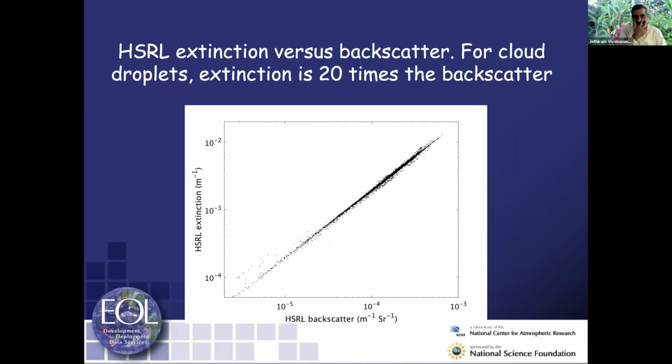Now, for extinction, in terms of LiDAR, the x-axis shows the backscatter and the y-axis the extinction. This linear curve is very well known for cloud droplets or liquid droplets. The slope is 20. The extinction is 20 times the backscatter measurement. These are the validations I had to do before proceeding to the detailed instrumentation response, because I need a kind of benchmarking so that what I'm trying to establish matches existing results in the literature.